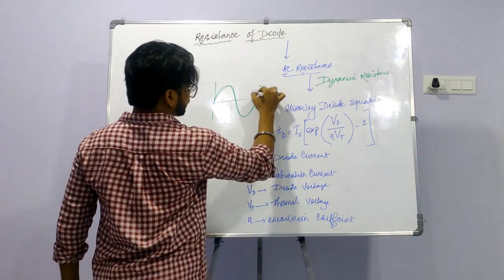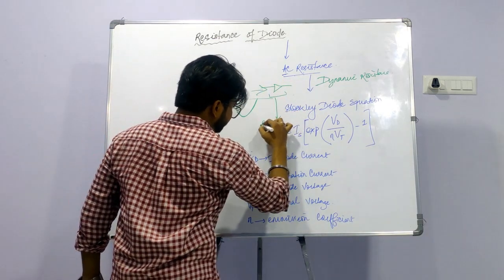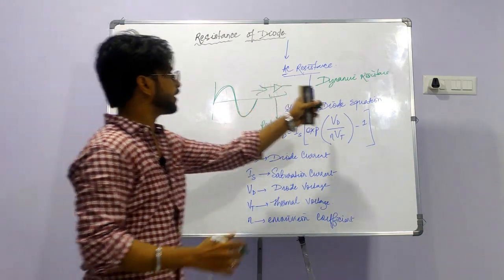When this is given to a diode, the diode produces a resistance which varies with time, and this is given by